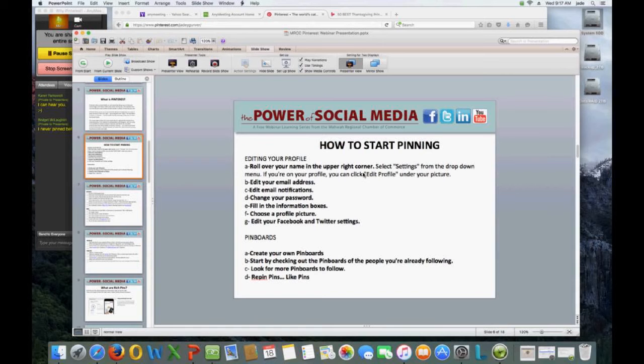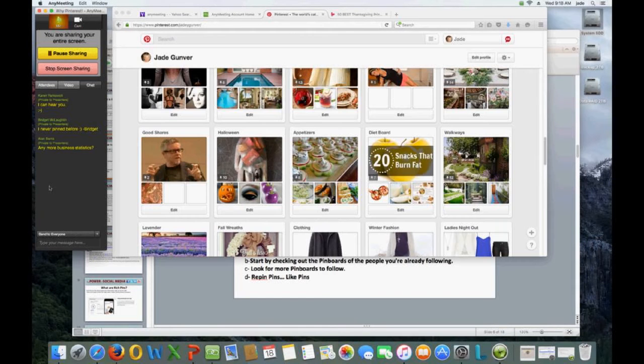Because again, keep in mind, we want to make this whole thing social. That's why it's called social media. It's not just having a Facebook account and uploading, broadcasting. It's not just pinning. Now we're here because of the Chamber, right? Because we love networking, because we love getting together. And when you get together, you introduce yourself, and the next thing you ask whoever you met is, hi, what's your business? You want to know about them. So the more you interact, the more you get involved, the more you will be successful.